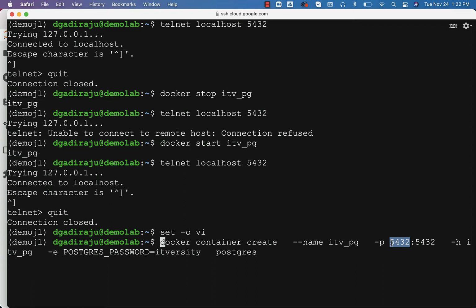If this port is different from 5432, you have to use that information to connect to the database in the container. The reason is, on top of the port to connect to a database, we also need to have an IP address. However, the IP address of the Docker is private IP. It is not a public IP. Whereas, with respect to our Ubuntu VM, we have public IP also.